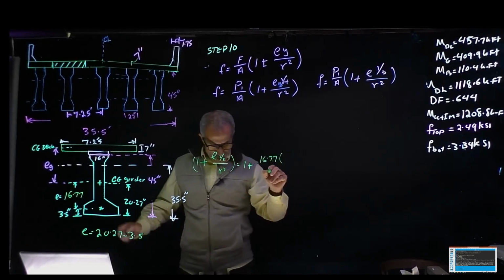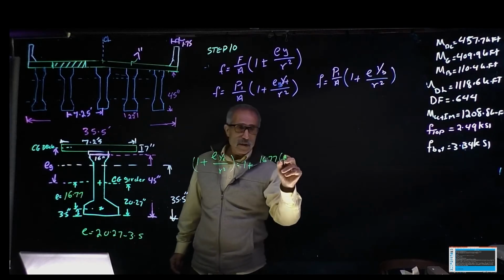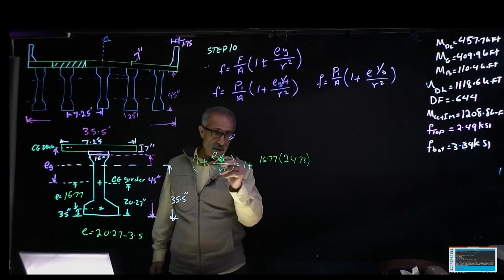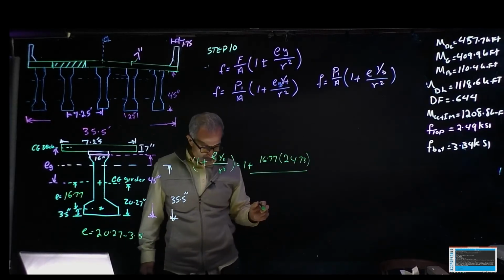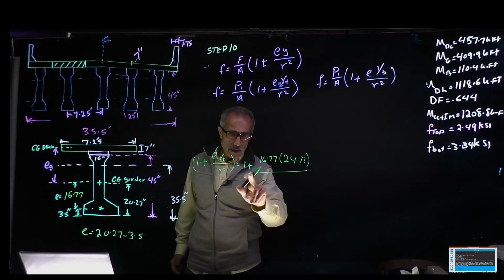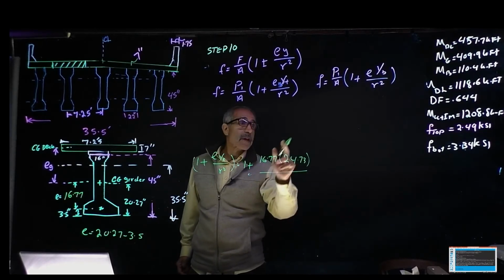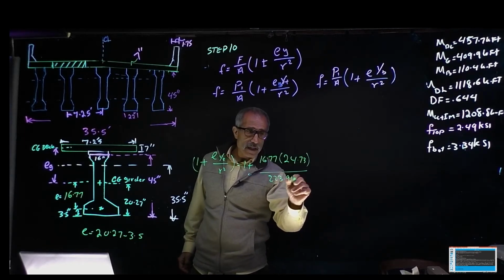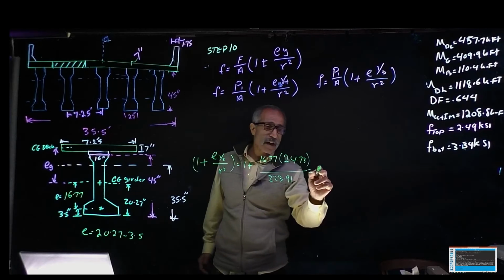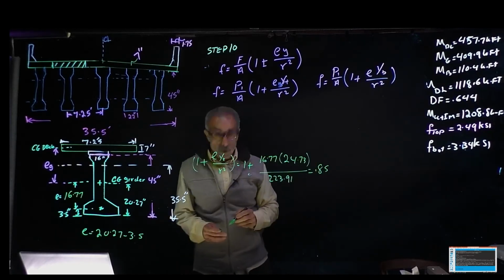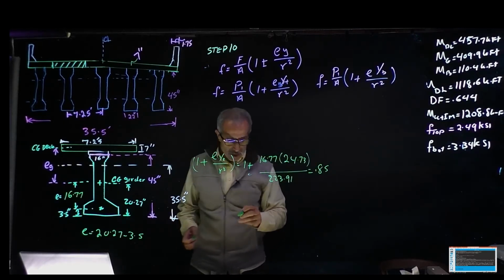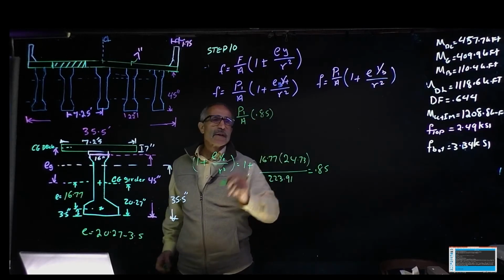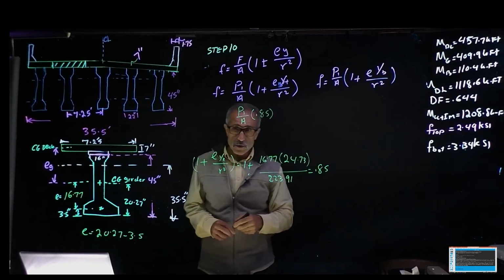16.77. Y came out to 24.73 from the Excel chart we had, and divide that, and the shape we have right there, I'm going to put on the board. And it's going to be divided by R squared, which came out to 3.91, so this will give me about 0.85, and so one of my equations on top there is going to become P1 divided by A times 0.85, and the other one is going to come out to